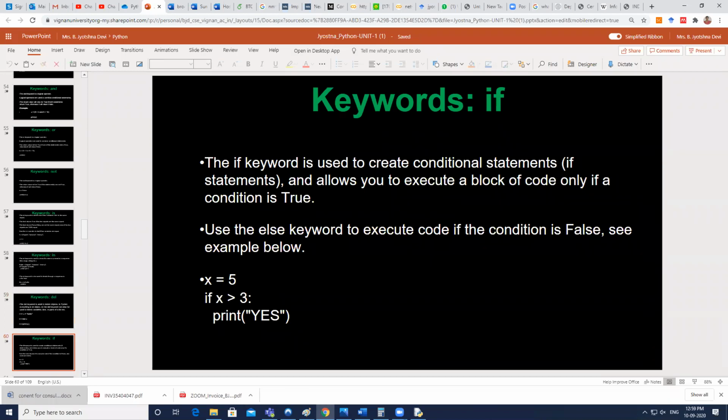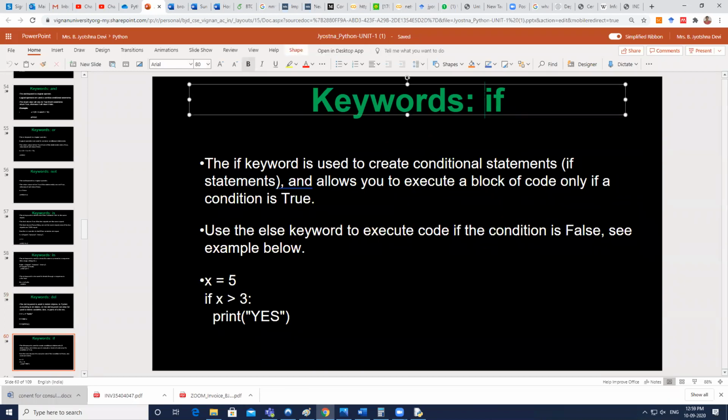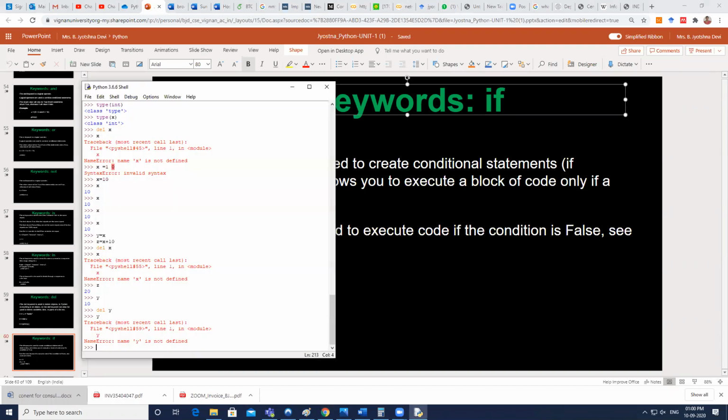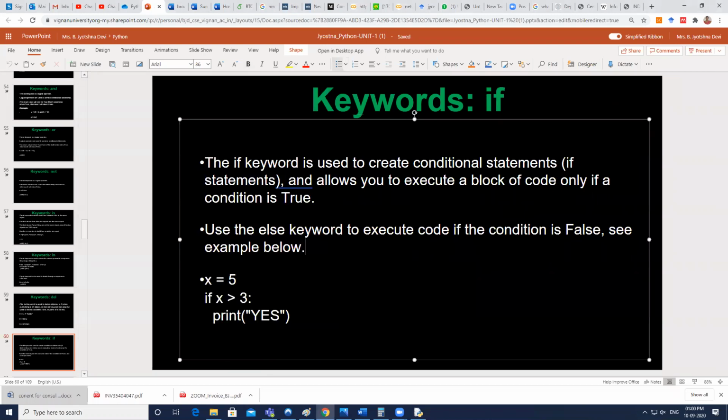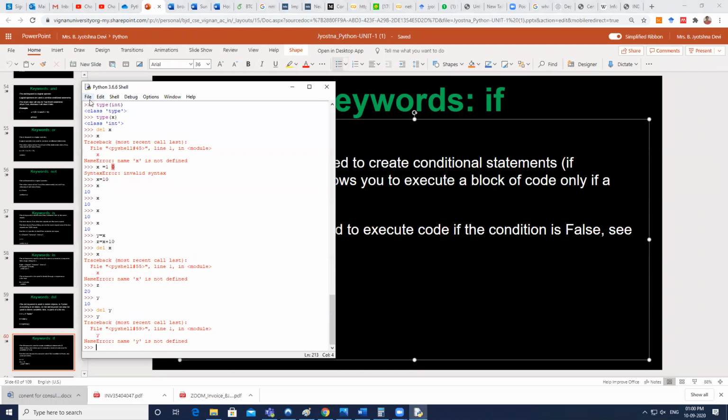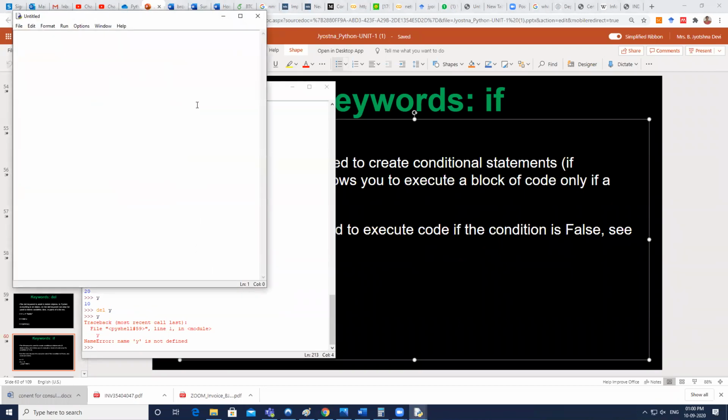So now let's see the next keyword, if. Why do you use the if condition? You know very well about this, right? Whenever you want to create some conditional statements, you can use the if statement. Usually in what order does the sequence of statements execute? Say for example, I have certain statements like x equal to 10, y equal to 20, z equal to x plus y. In what order will the sequence of statements execute?